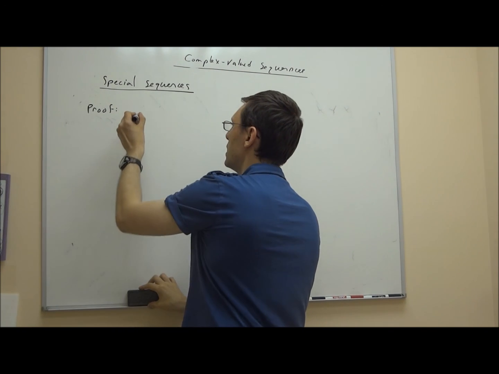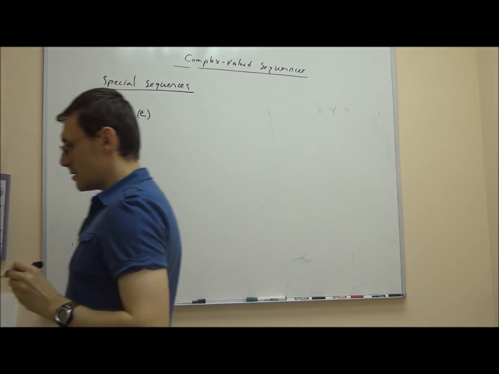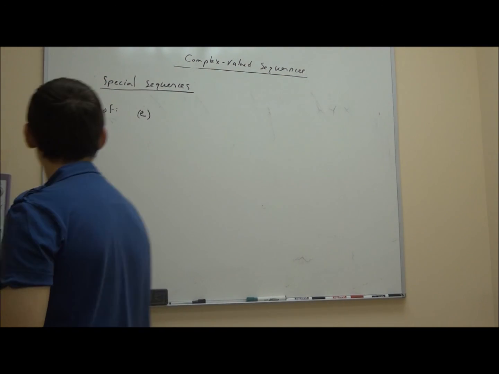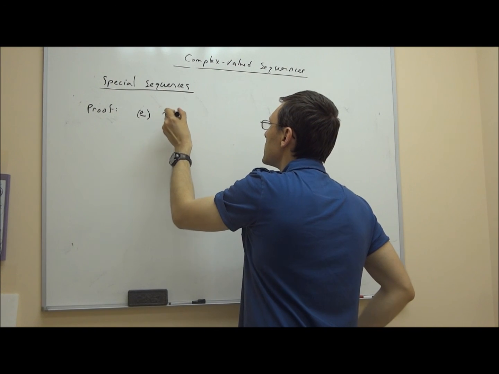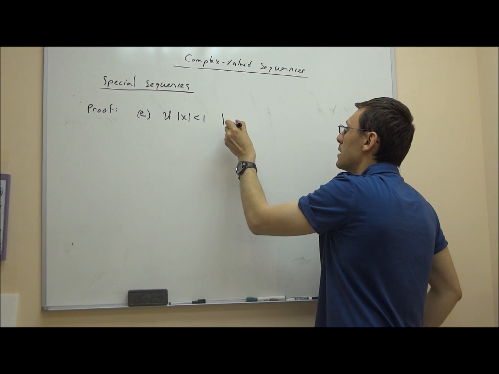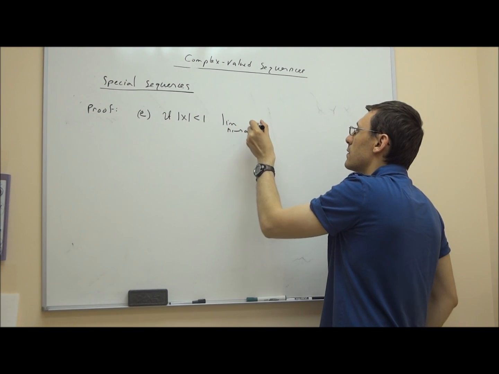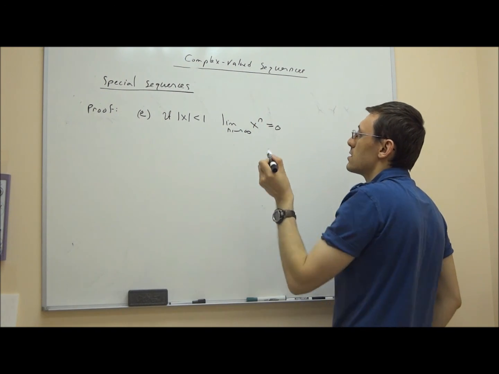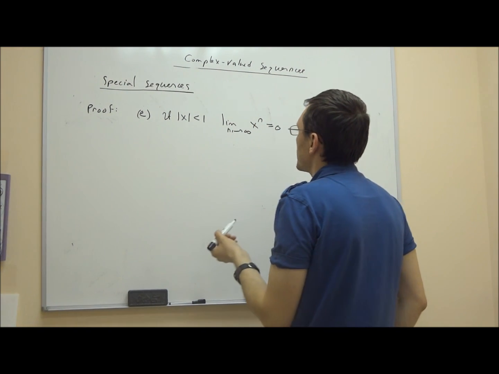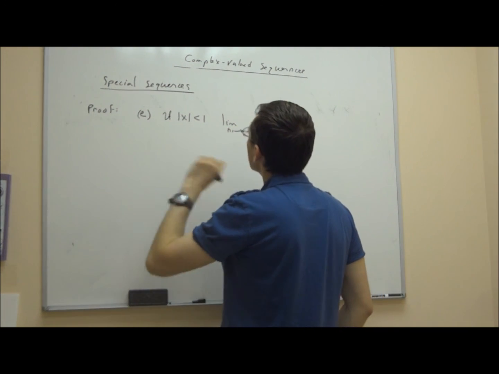Finally, we prove E. That takes no effort really. So E is that statement that if the absolute value of x is smaller than 1, then the limit as n goes to infinity of x to the n is 0. So x is then going to be assumed to be a fixed number. So all you have then is